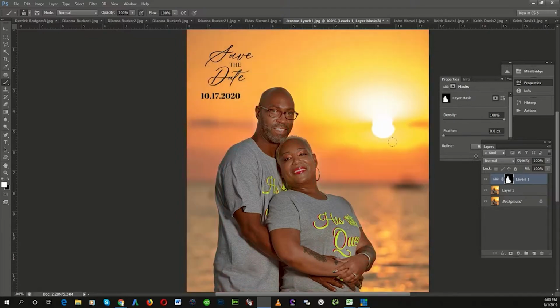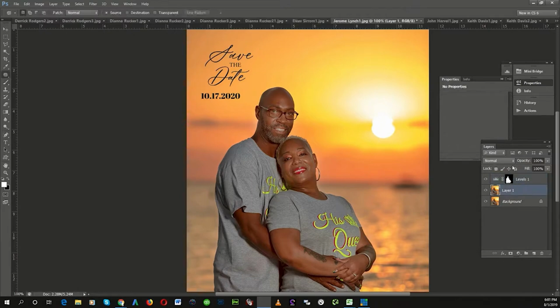Now they're looking good, but the sun up there is still really getting to me. So I'm going to go back down to this layer mask right here. I'm going to get my patch tool, Control J. I'm going to take that patch tool and select around the sun and around that kind of corona area of the sun, and drag it off into a darker area of the page and click it. And now I'm going to clear up this halo here